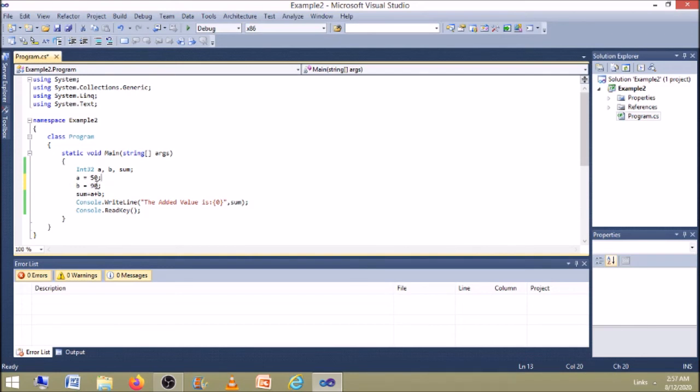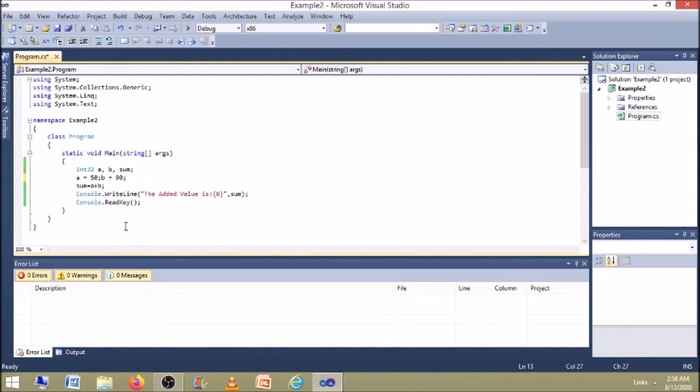We can give like this, or both the assignments can be in the single line, but it should have individual semicolon like this. Here a equal to 50 semicolon and b equal to 90 semicolon. We can give all the assignments in a single line, or else we can keep it in a separate line. Both are correct. So now let us keep it in this same line itself.